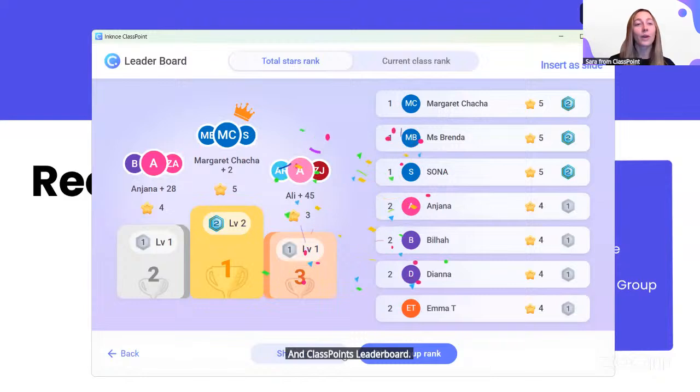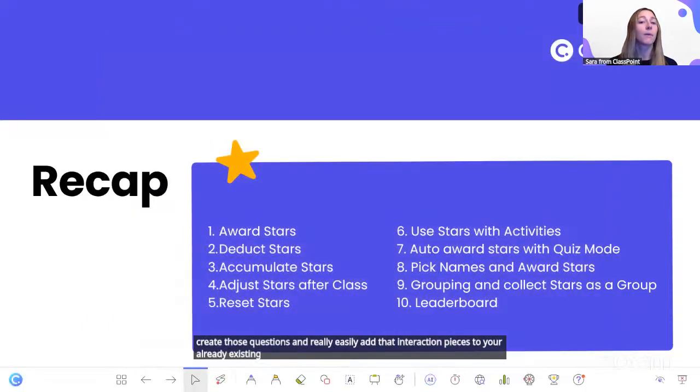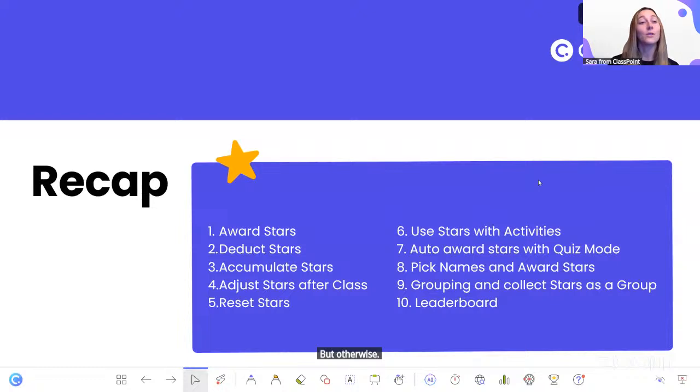So there's lots of different ways to add in these gamification pieces right within PowerPoint, especially for all of you who are really familiar with PowerPoint. As your lessons already have PowerPoint, you guys can take a look at some of our other resources on how to create those questions and really easily add that interaction to your already existing content. But otherwise, ClassPoint is also really great to use if you are just getting started in PowerPoint as well.